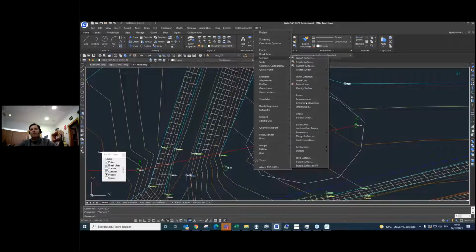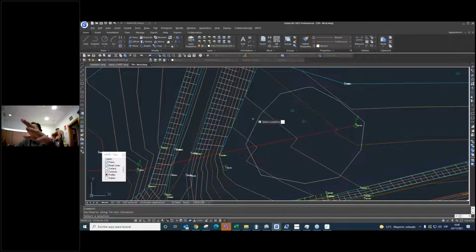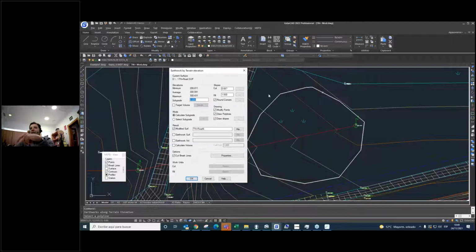Sorry, surface, earthwork. I'm going to use that command to create a pond, for example. In this case, I'm going to use terrain by elevation. I'm going to create here like a swimming pool, no? I'm going to use that polyline, and we can select that polyline.